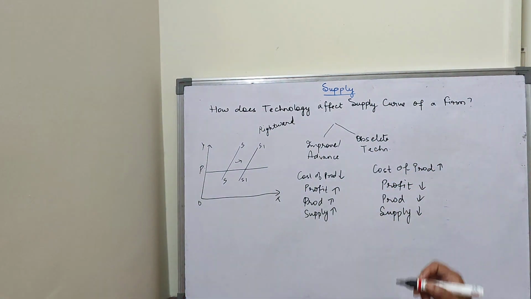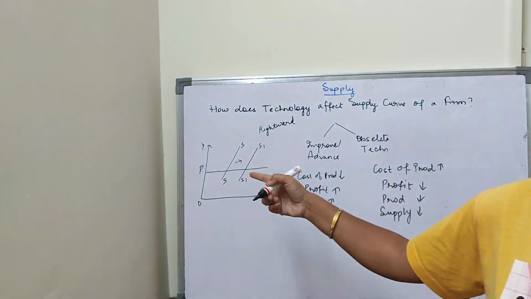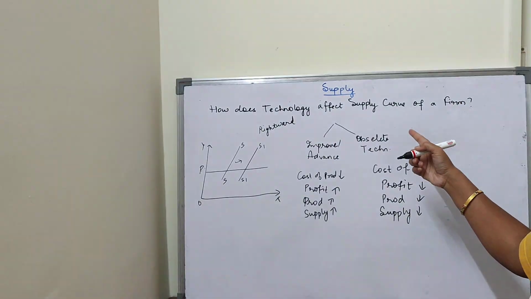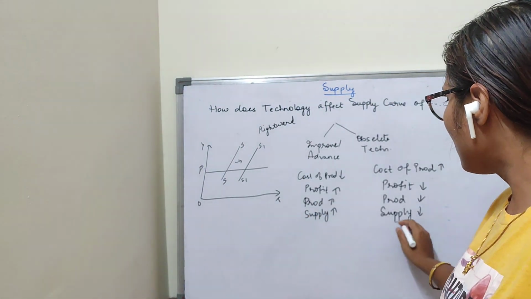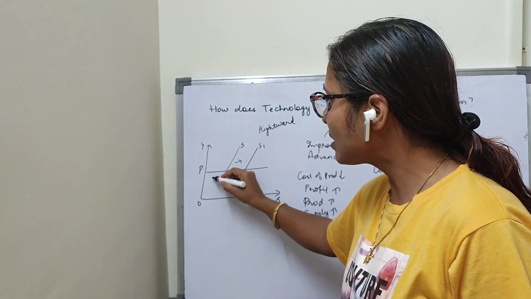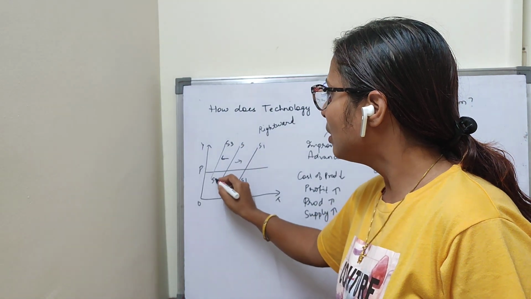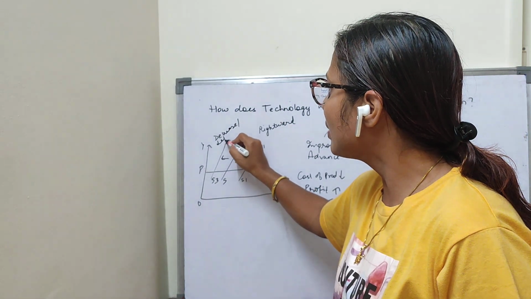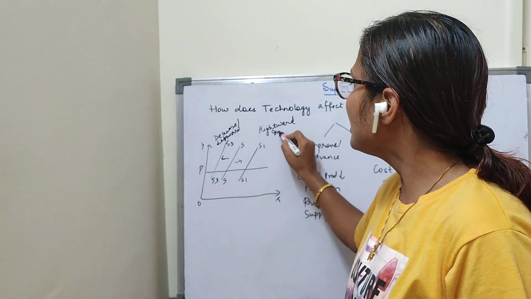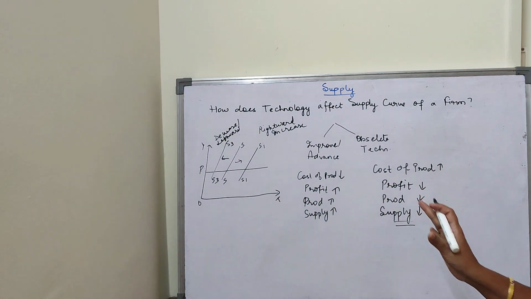Clear? Now obsolete technology, that means when I am using the old version, the own price of the commodity remains constant, and my cost of production goes up, so supply falls down. See here, supply falls down. So when supply falls down, where will my supply curve come? It will shift to the left. This is S3. This is the decrease in supply, or leftward shift. This is the increase in supply or rightward shift. This is the decrease in supply or the leftward shift. So I hope this picture and diagram have made everything clear.